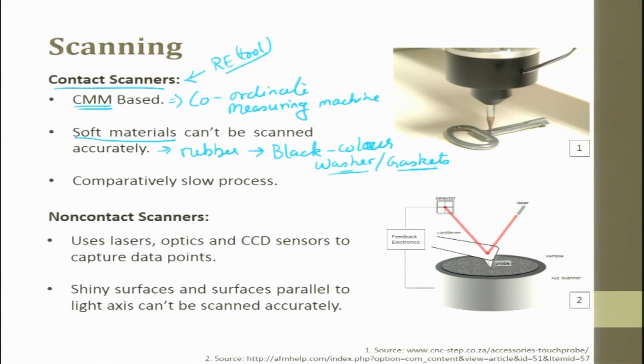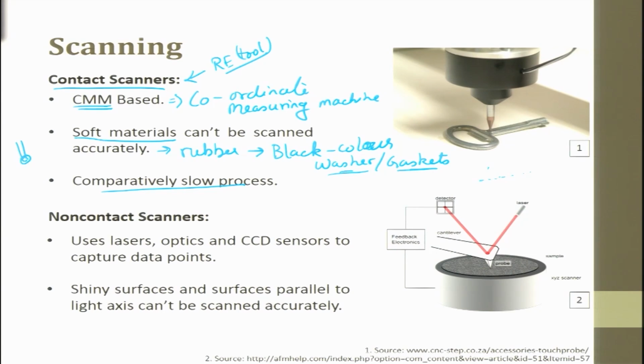So, for rubber material like washers, you cannot use the CMM. We have to use something like a non-contact technique, since the CMM has to touch every point. When you touch 3 points you try to get a plane; when you touch several points you try to get a line. So it is comparatively slow compared to non-contact, and the other restriction is, suppose you have